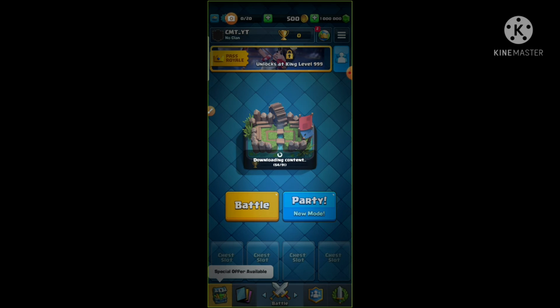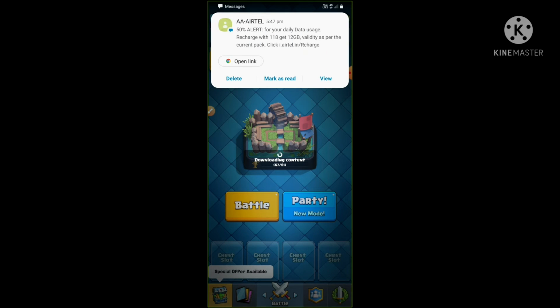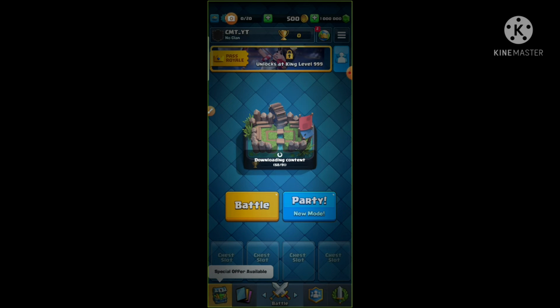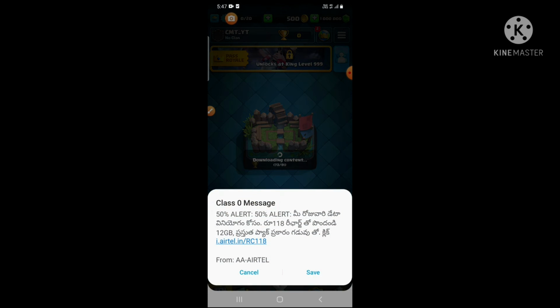You will only see that it is downloading content. In the normal app also it will show downloading content. After downloading this content, I am not going to pause anywhere, to show you proof.